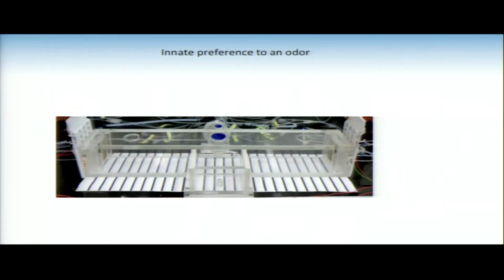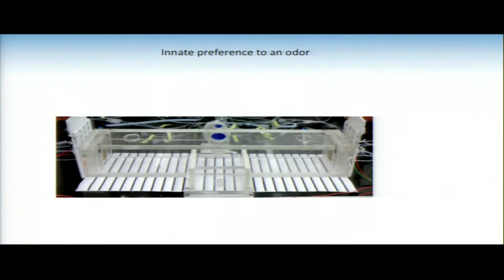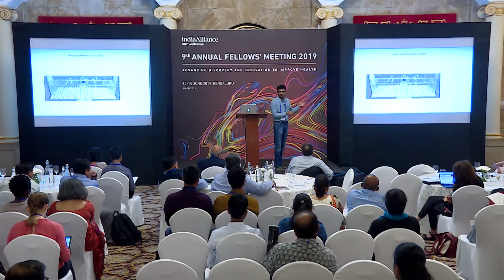Now, this data about which odors are attractive and which are repulsive, a lot has been collected over the last several decades from various labs. We have also set up a behavioral assay within our lab. The general idea is very simple: you give one odor from one side in this kind of chamber and release mosquitoes from the center, and from the other side you give a control odor, or typically clean air, and give 5 minutes to the mosquitoes, and if they go towards the odor, then it's attractive.